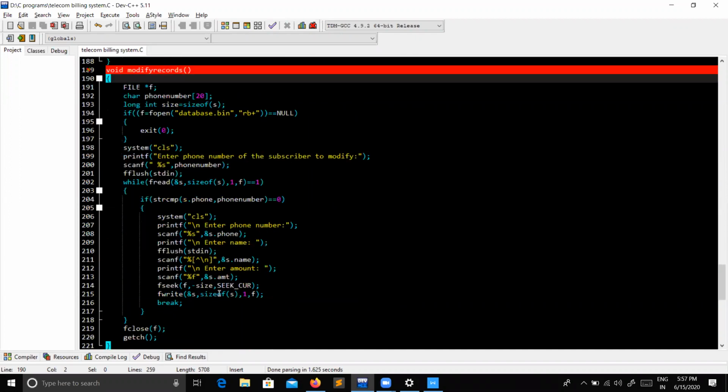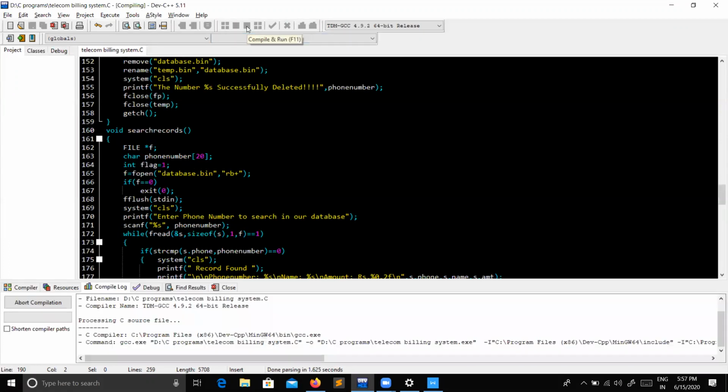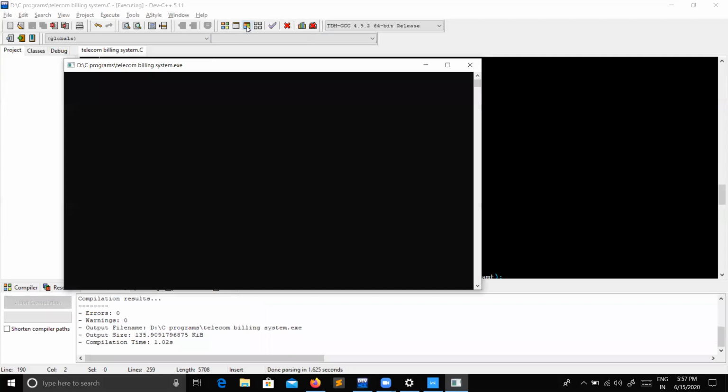Now I'll show you the execution of this program. This is the pop-up message which I have told, and I can enter any of these from the keyboard as input. I wanted to add some name. Suppose, let me press A. It is asking us to enter some phone number.